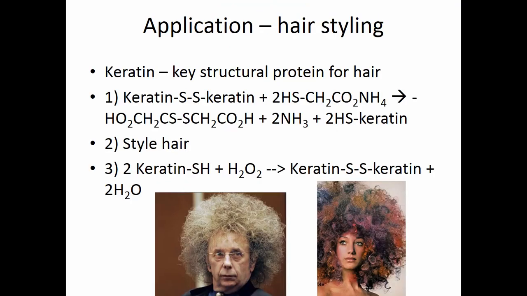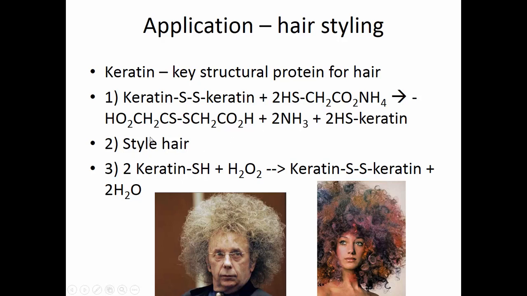Okay, so one of the last applications I want to talk about here is chemical conjugation in hairstyling. And this is interesting because we're looking at the protein keratin. Keratin is a key structural protein for hair, as many of you know. And so the general reaction looks kind of like this. We have keratin that is disulfide bonded to itself, or to other molecules of keratin. We add this sort of conditioner, and what this does is it removes the disulfide bonds. It reduces keratin here. So we have 2 keratin molecules that have free sulfhydryls,